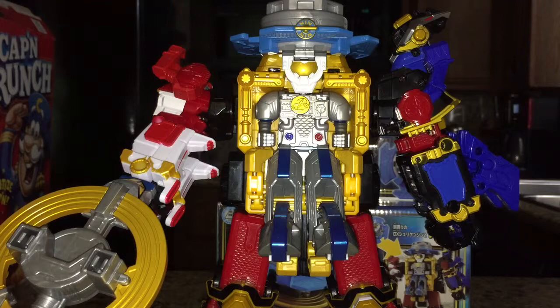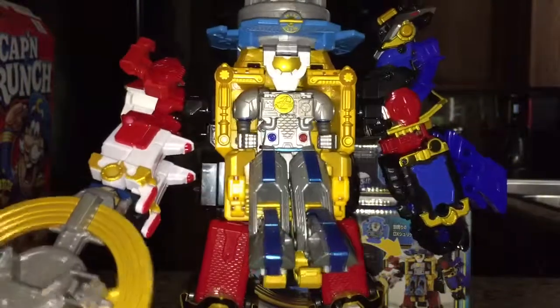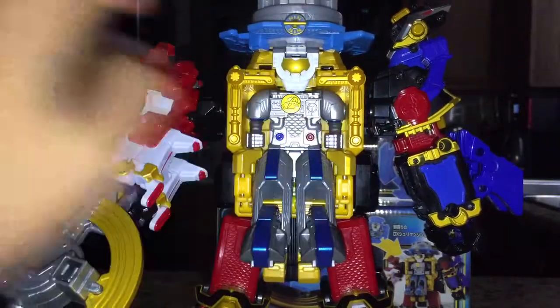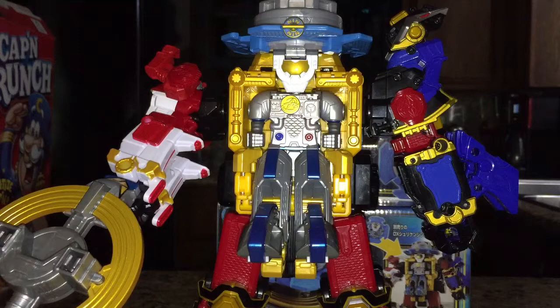So UFOmaru is a pretty cool otomonin. I actually say you should definitely pick it up because he is pretty worth it. And I do like the little combination here. Not many people can appreciate the look of this, but I guess because it looks too much like Shinobi Maru holding it by the handle kind of thing. But what you gonna do? All the other otomonin kind of look like that after